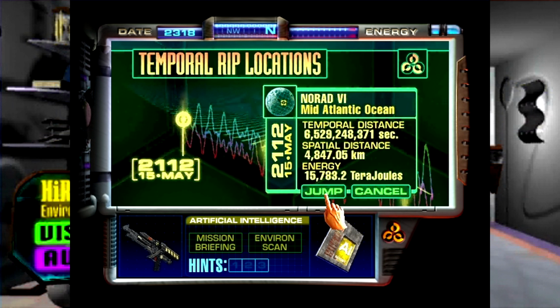NORAD 6, Mid-Atlantic Ocean. Temporal distance, 6,529,248,371 seconds. A spatial distance of 4,847.05 kilometers, with an energy cost of 15,783.2 terajoules. Let's go! Actually, before we go,